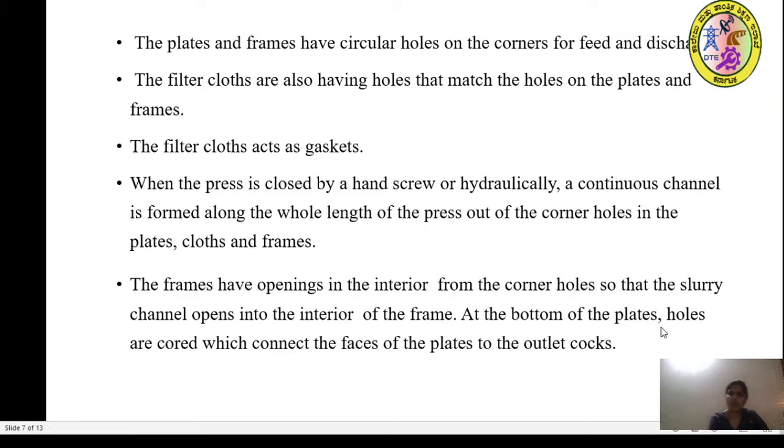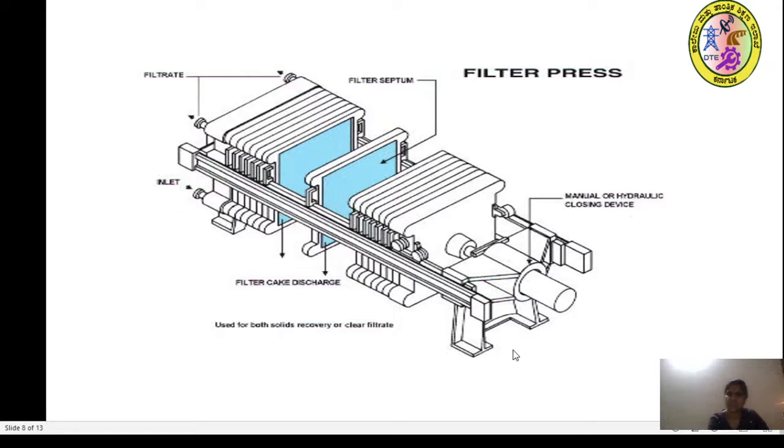At the bottom of the plates, the holes are cored, which connects the faces of the plates to the outlet box. So this is how it looks. You can see here the filtrate outlet here, the common hole you can see when it is being arranged,